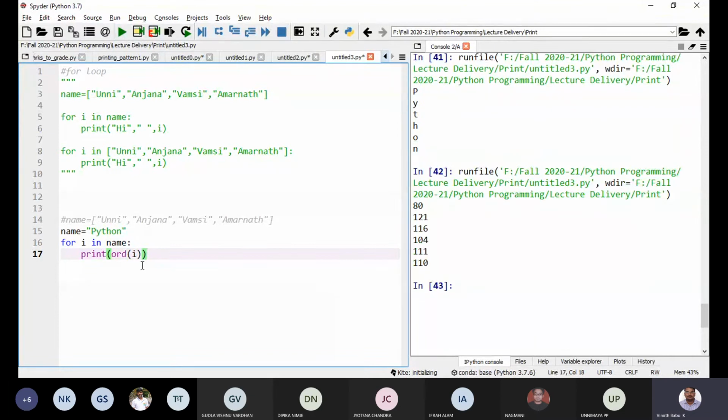You can notice for each character, for P, for Y, the corresponding ASCII values are getting printed. So ord will print the ASCII value corresponding to each of those alphabets.